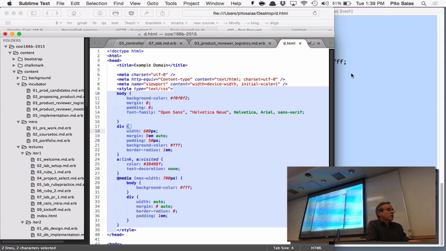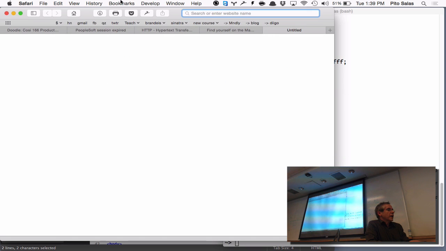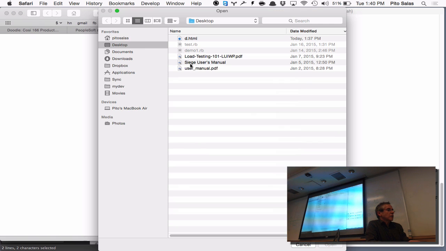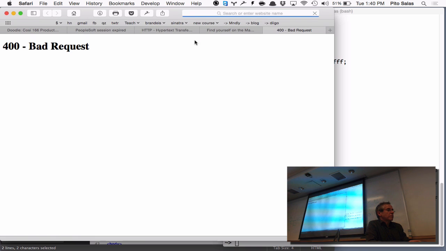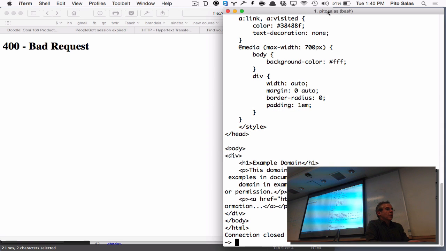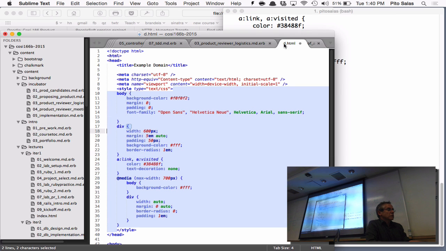.html file. Maybe this is being clever, so I'm going to get rid of that and do file open. File. Desktop. Hey, what's going on here? Maybe I've saved it with the wrong name. Let's see. Oh, I called it 1 dot. Okay, try it again. It's called